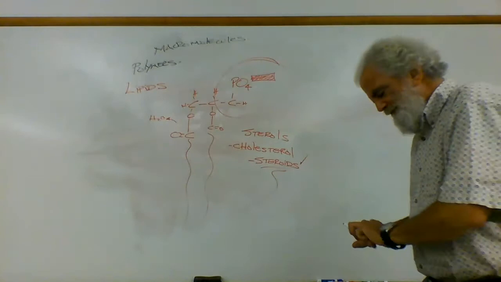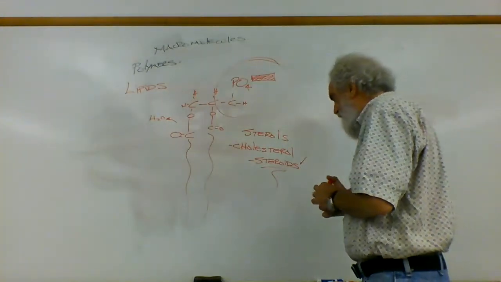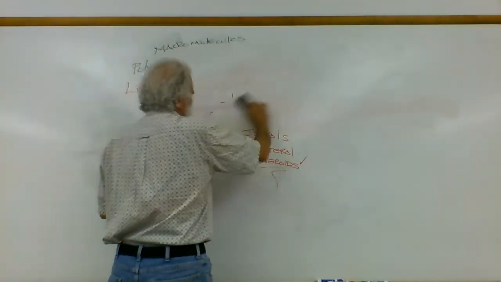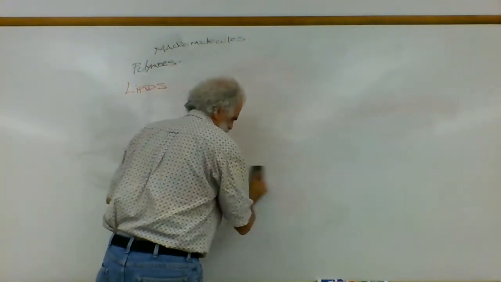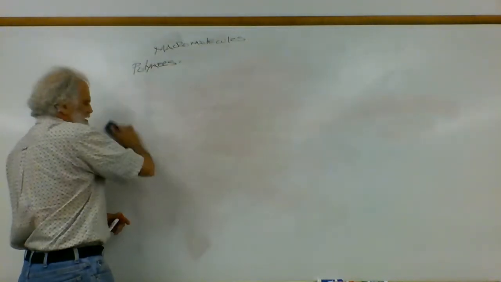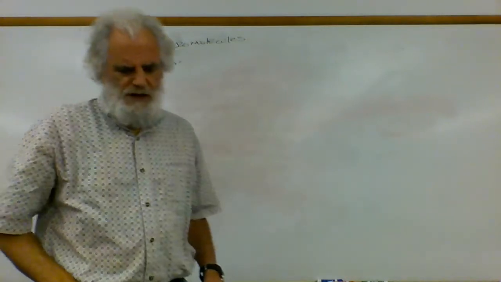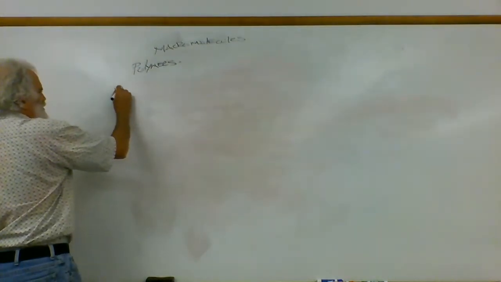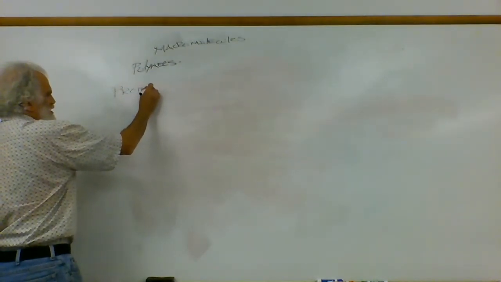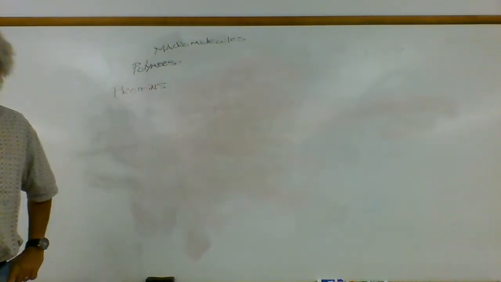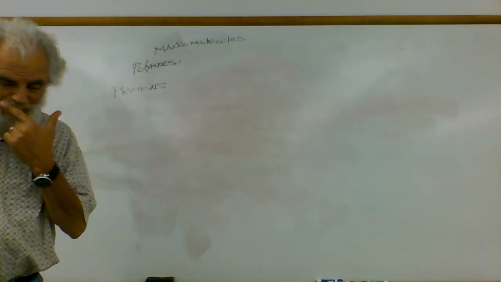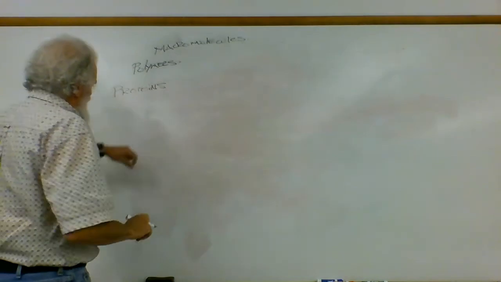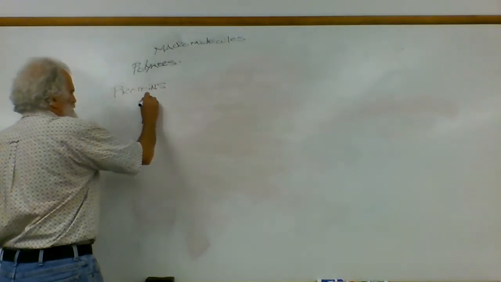All right. Next, we've got perhaps the most important biomolecule, and that is the protein class. Proteins, as we said, are made up of amino acids. And that's what we were drawing when we were looking at our very first dehydration synthesis example, an amino acid. An amino acid has an amine group